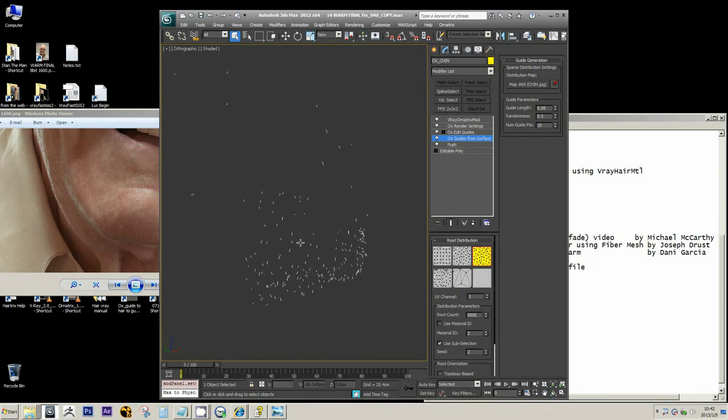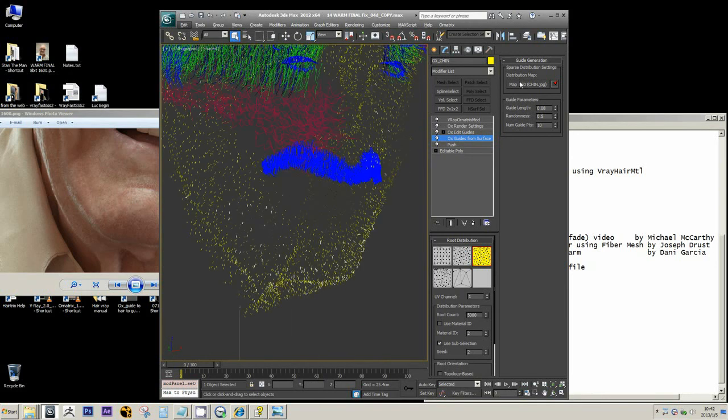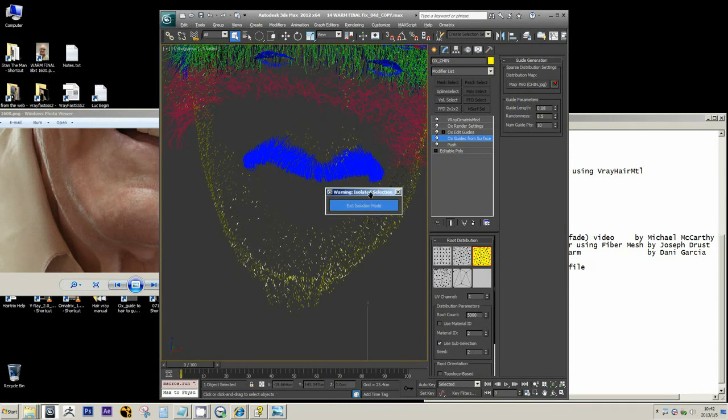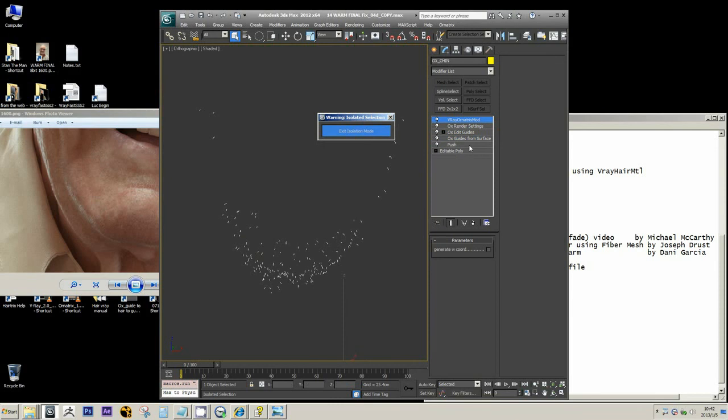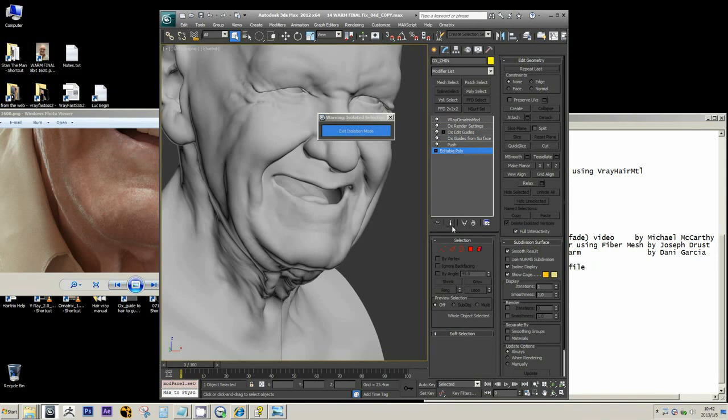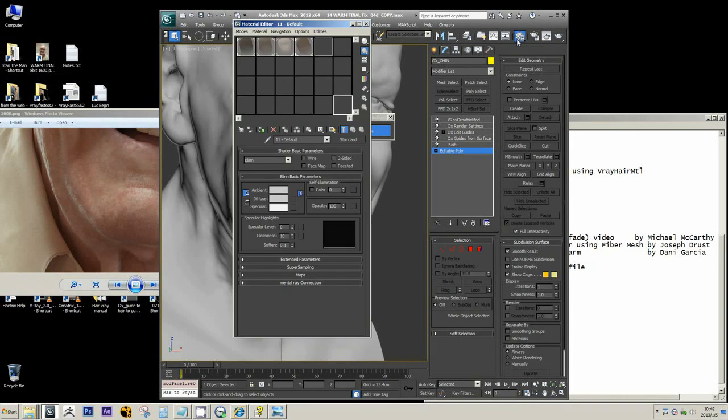If you don't have the map, then if you put down the number 5,000, it will come out with exactly 5,000 of them. But my point is, if you use a distribution map, this number is not exact. So play around with this number to see. But anyways, I will just very quickly isolate this, and I'll show you my distribution map real quick. If I go to the lowest and don't show the end result, and if I very quickly drag that